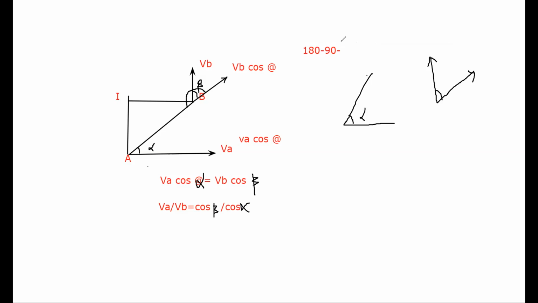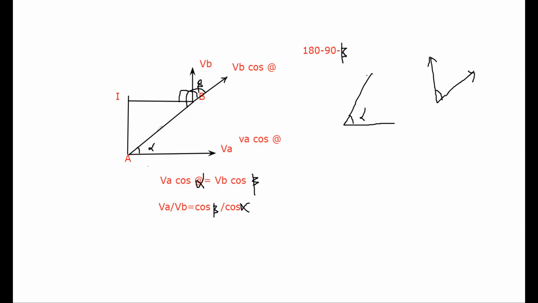This is beta. Can you understand this? So very simple. You can see here this angle I have taken. From this line to this line, it is totally 180 degrees. In that we know that this angle is 90 degrees, correct? So I subtract this 90 degrees, and this angle we know that it is beta. So I subtract beta.